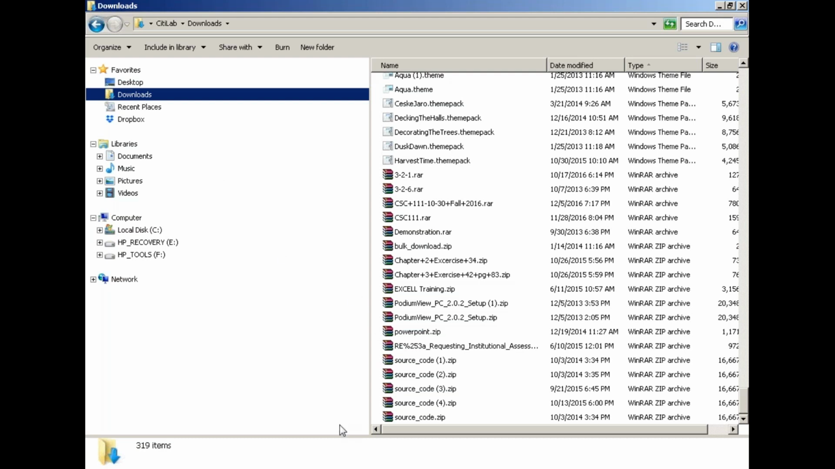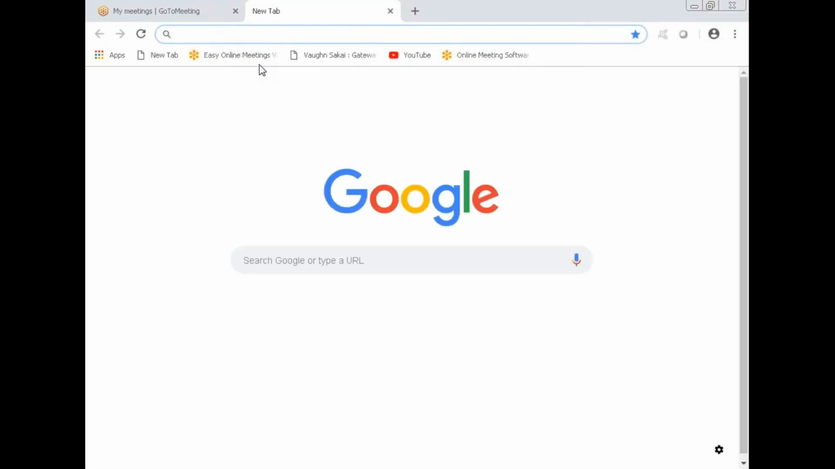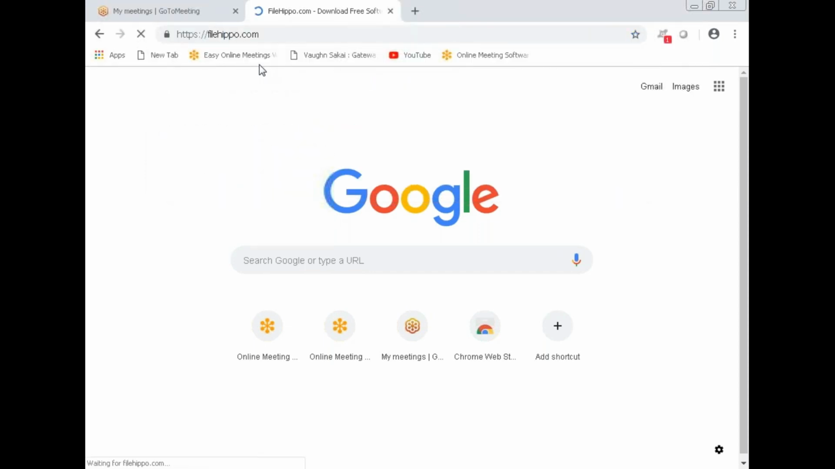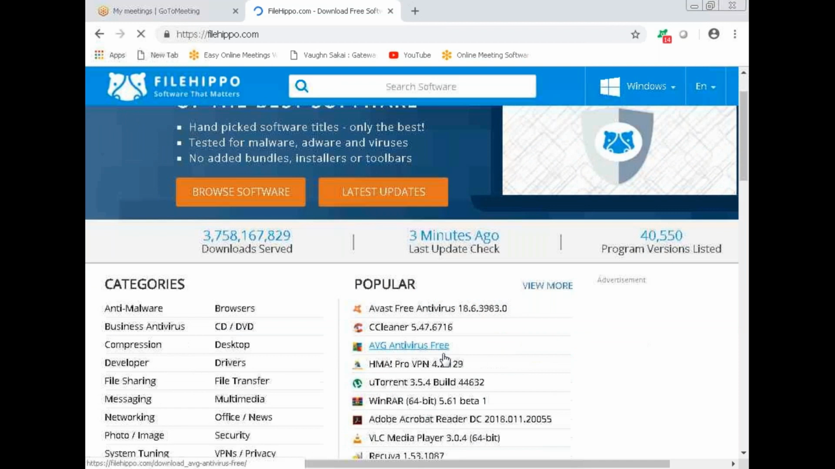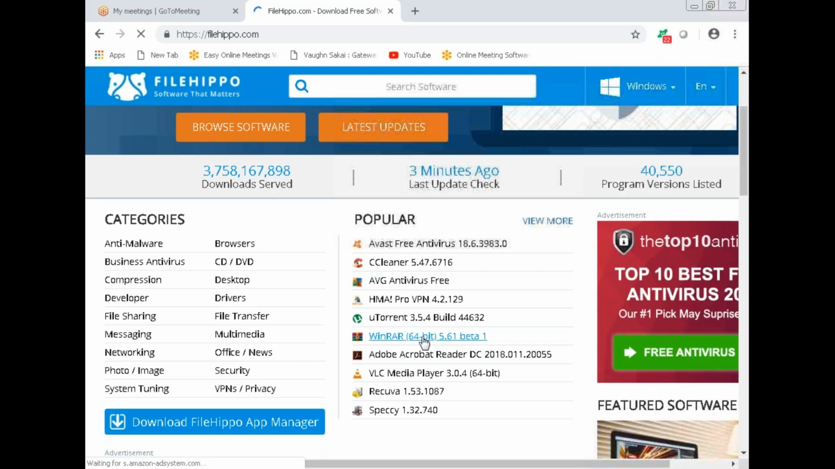Okay, so I can go to any site. I'm going to go to this site called filehippo.com, and I'm going to look for the program called WinRAR. So WinRAR is right here. There's a beta version of WinRAR. So if I click on this link,